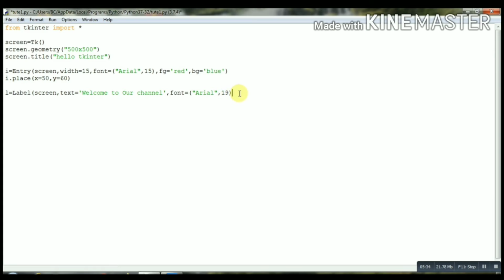Now give its foreground as red and background as black. Now we have to place it, so we will use L dot place at x equals 90 and y equals, let's say, 160.